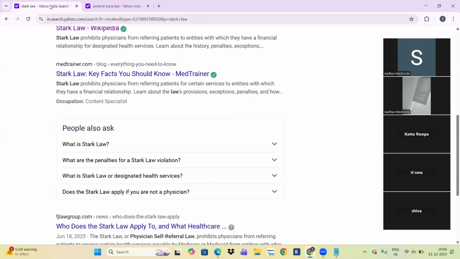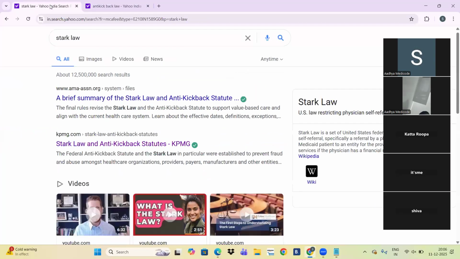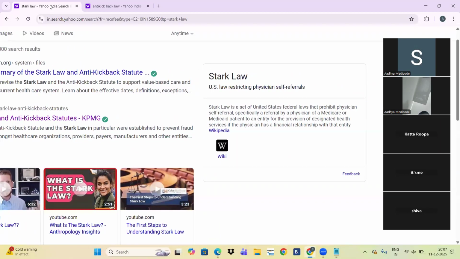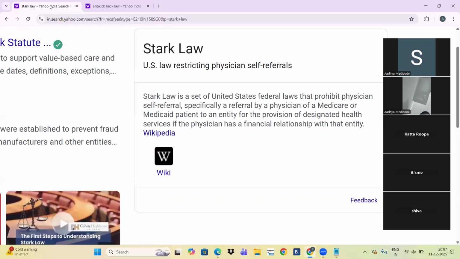Stark law will prohibit physician self-referrals. Stark law is a United States federal law that prohibits physician self-referrals, especially a referral by a physician of a Medicare or Medicaid patient to an entity for the provision of designated health services.